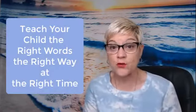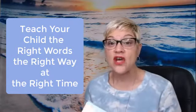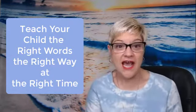So it's not so much about the book as it is about using books as an opportunity for you to facilitate language, because language facilitation happens during all of the activities that you do with your child, even from the time that they ask you for something to the times that you're playing with toys and reading books and things like that. So again, all the language facilitation strategies that I provide are designed to help parents take advantage of opportunities to expose your child to the right words, the right way, at the right time,